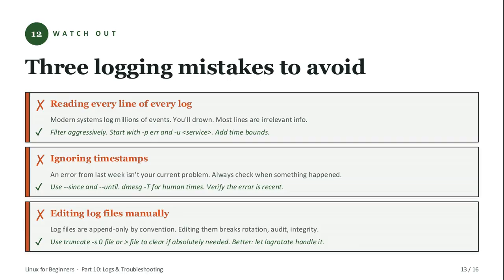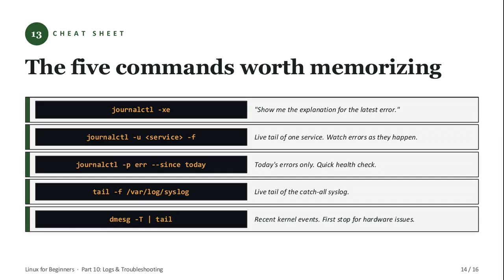its job. So if you remember nothing else from this part, memorize these 5. journalctl -xe is your go-to when something just broke. It jumps to the end and explains the latest error. journalctl -u with -f live tails 1 service, perfect while restarting it. -p err --since today gives you a quick daily health check. tail -f on /var/log/syslog watches the catch-all stream, and dmesg -T piped to tail is your first stop whenever